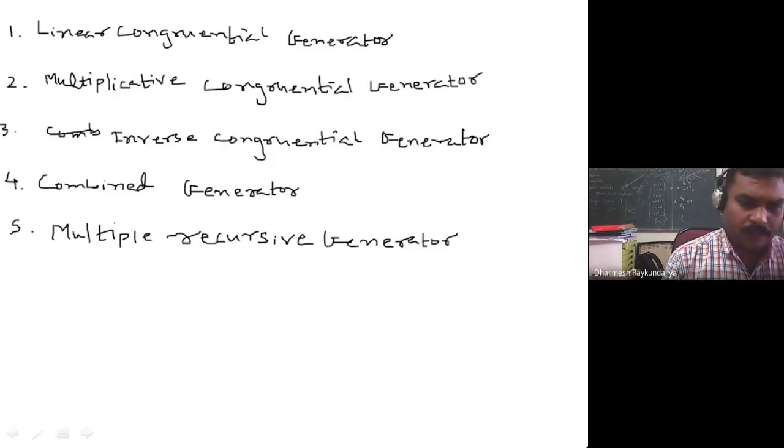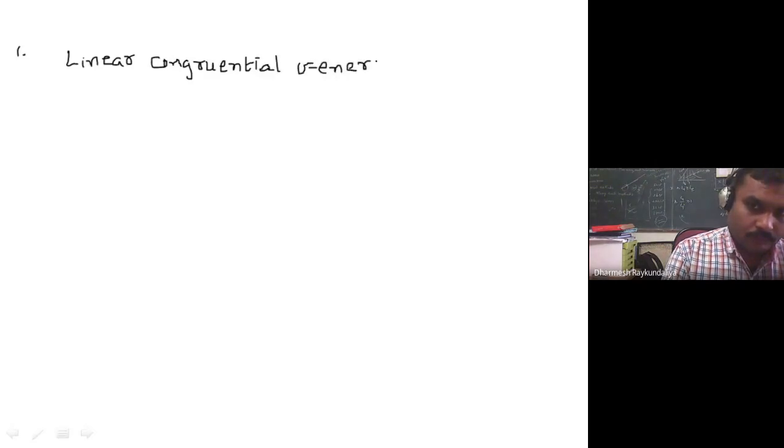There is also a minimum standard combined generator, so that we will come to later. First we talk about the linear congruential generator.